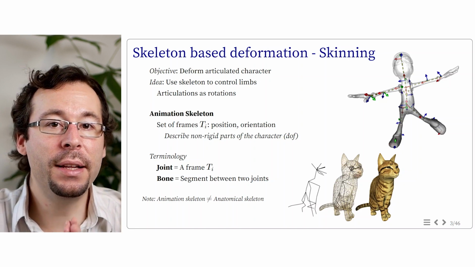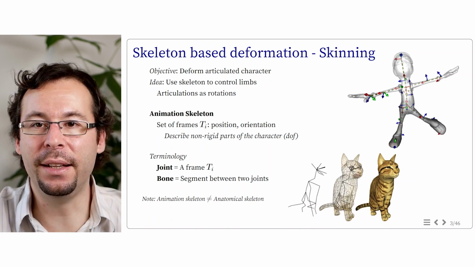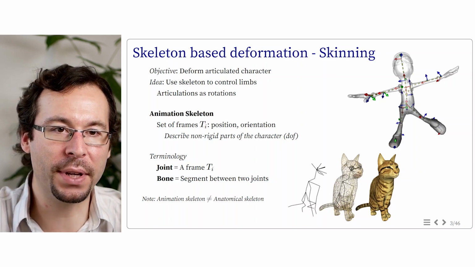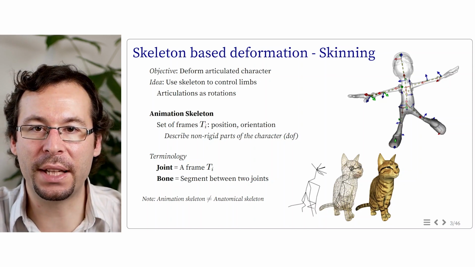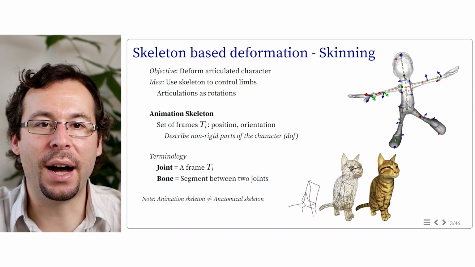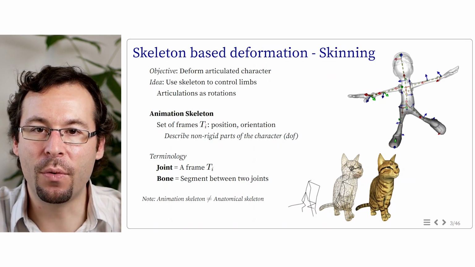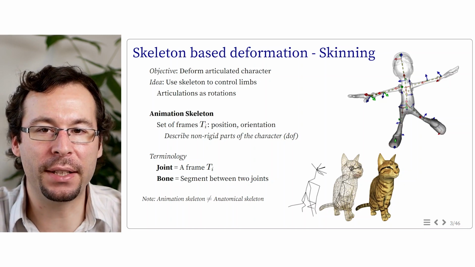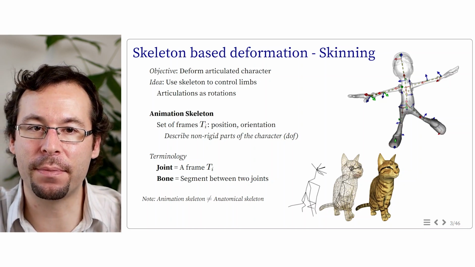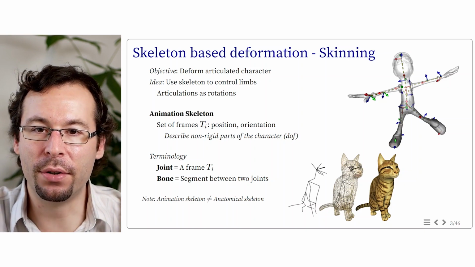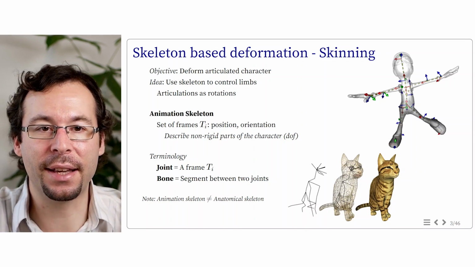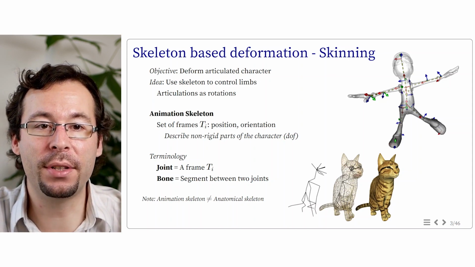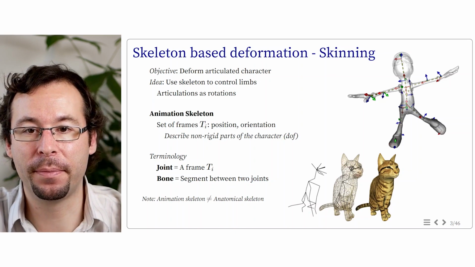Note that the animation skeleton is not necessarily linked to the anatomical skeleton. For instance, on this model of a cat, lots of bones that are only segments are in the head of the model, while there are much fewer in the body. Actually, this can be explained by the fact that animating the head of the model requires more degrees of freedom, like the nose, the mouth, each eye and ears can move independently. And we need, therefore, one joint per element that can be controlled individually.